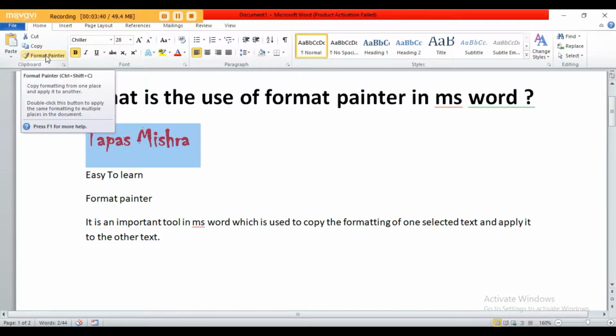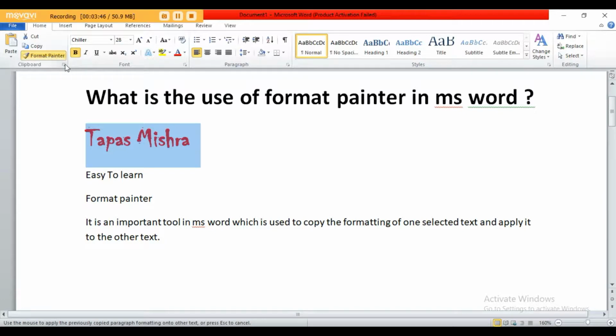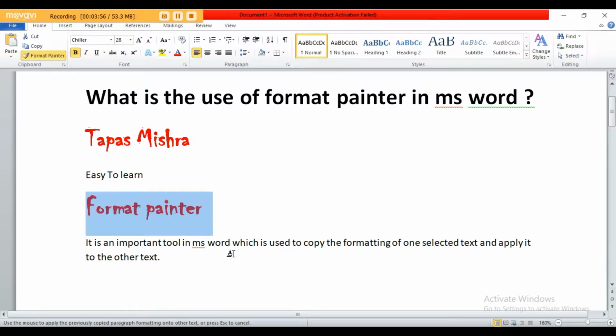Suppose I double click over this Format Painter, left mouse button clicked twice, right? Then the mouse pointer will change and look like a brush sign. Suppose I want to see the same style in the Format Painter header. See, Format Painter has been changed. Again, the mouse pointer still looks like a brush.